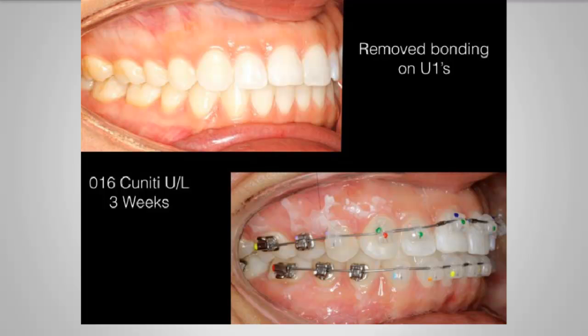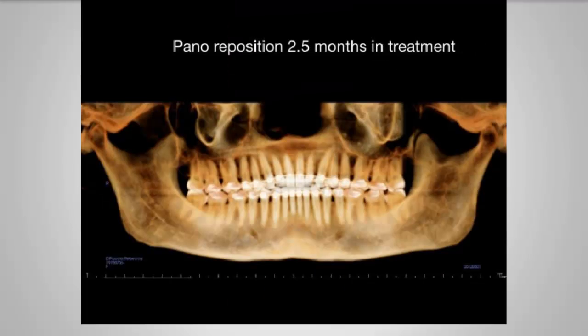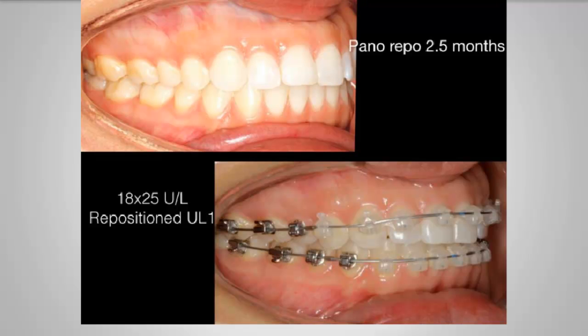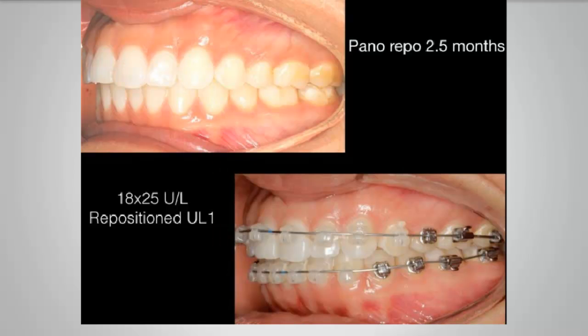We've eliminated the composite. She comes back in. At 2.5 months, we're doing our panel reposition visit. So about every 3 to 4 weeks, I'm bringing her back. At 2.5 months, we reposition just the upper left one. I've placed 1825s in the upper and the lower, 1825 copper nitai, and I'm closing space. I have power chain under the wire. We're closing space. Again, seeing her back about every 3 to 4 weeks, and maintaining a good class 1 with